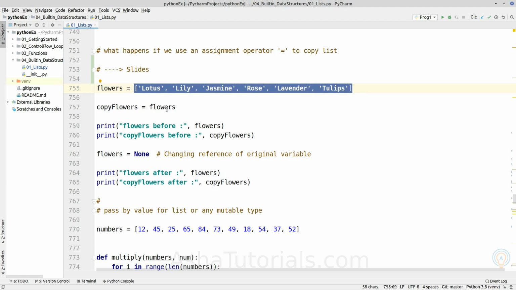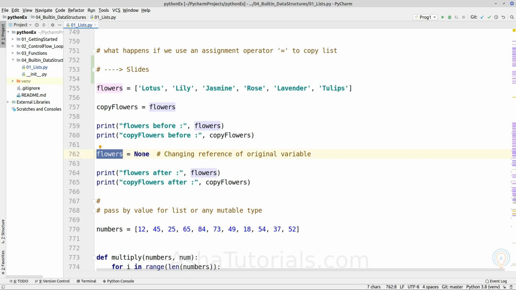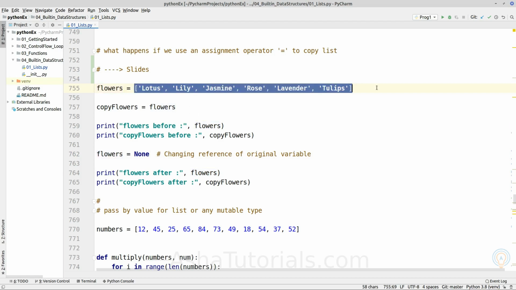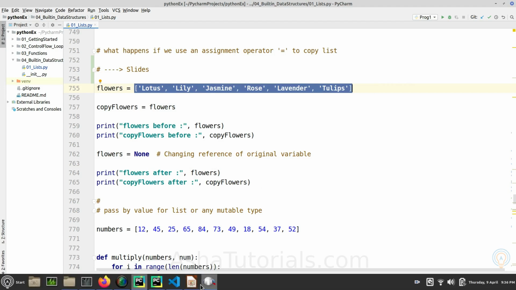And if we assign the original variable to a different object such as None, then that particular variable will point to the different object, but the new variable will still point to the original list object. So we will see slides for that.